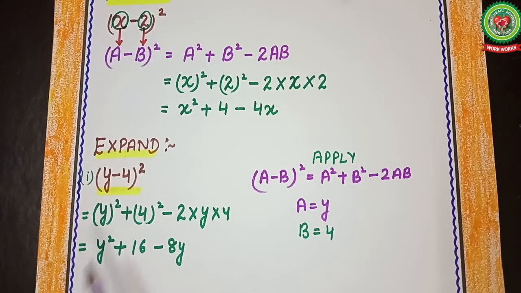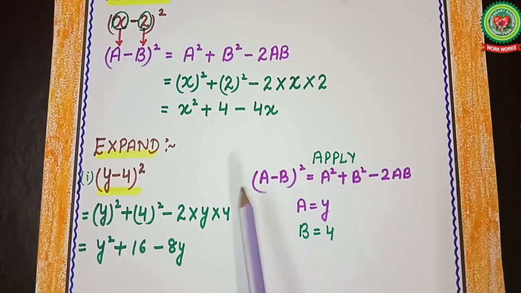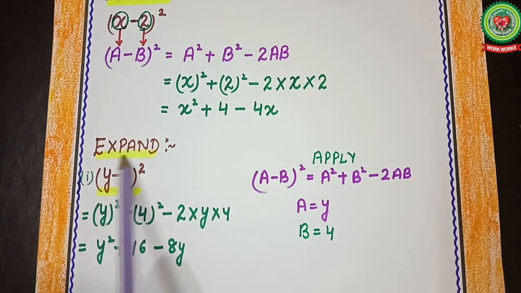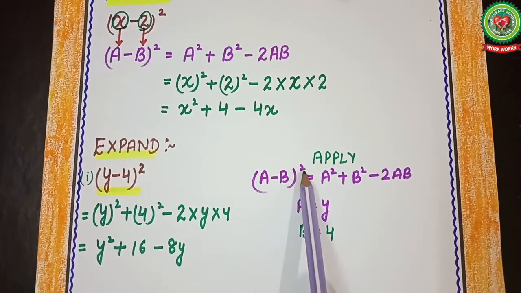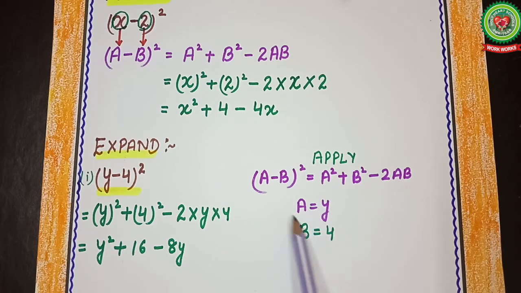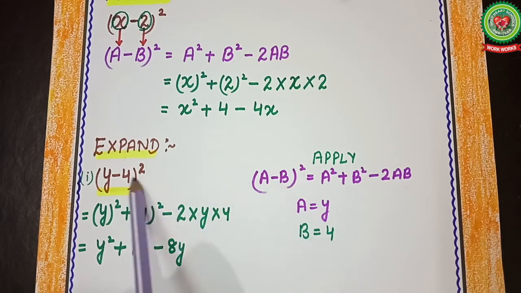So now students, here I have taken the first example, that is (y - 4)². That means we have to expand it, right? So what is the pattern, what is the method that we will follow for solving this question? So the first step is that we have to write on the right hand side, apply (a - b)². Why am I writing a - b here? Because this statement is in the form of (a - b)², which is equal to a² + b² - 2ab, and where the value of a is equal to y, you can correlate this statement with this identity. So the value of a is y and the value of b is 4.